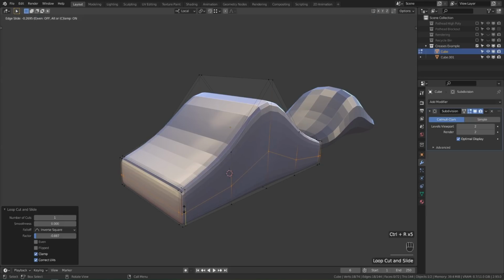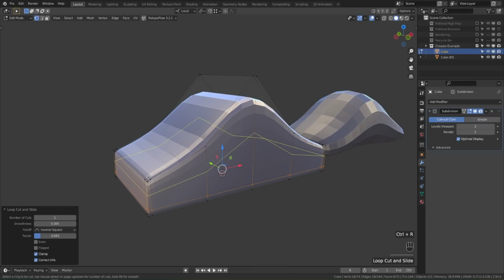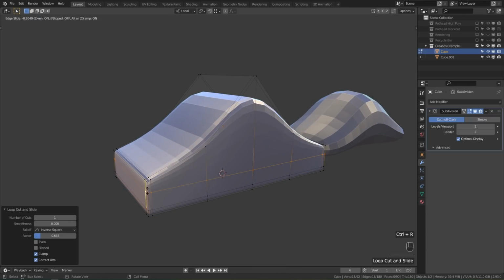If I add one to the bottom, I'm going to want to hit E for even, and then F to flip, to make sure that it's completely flat. And same thing with the top one here. Once I add this in, I'll hit E for even, F to flip, and that way it's not being pulled